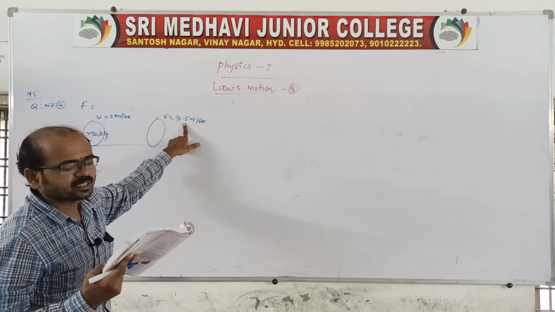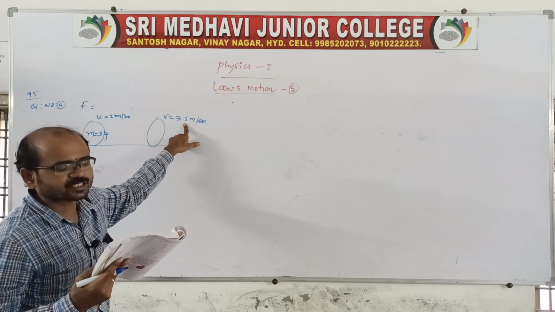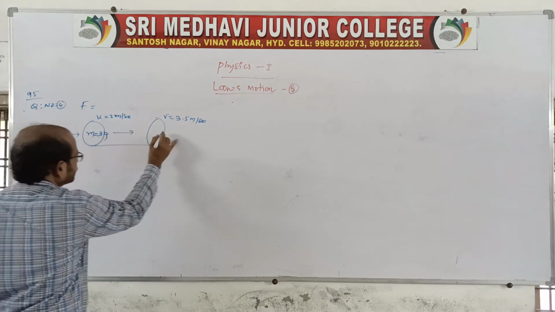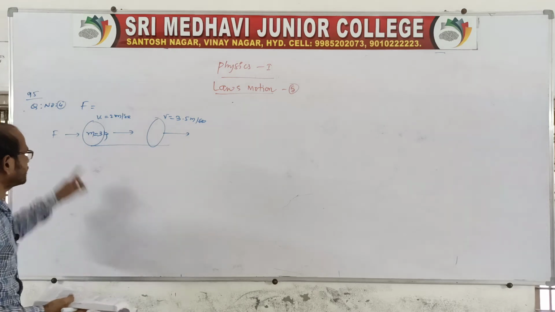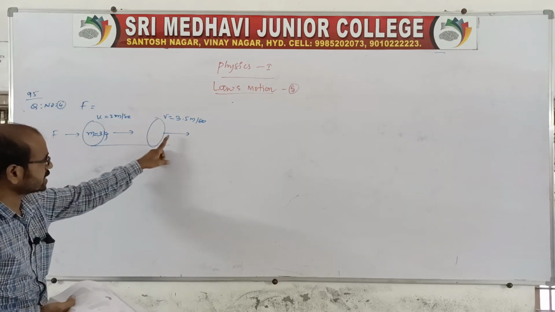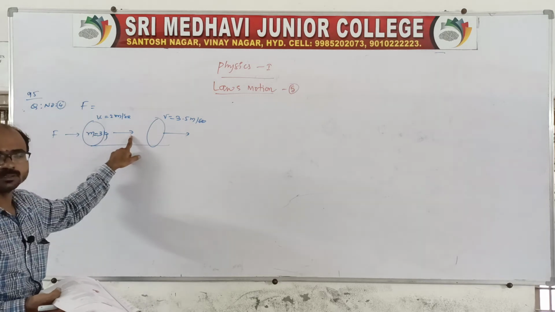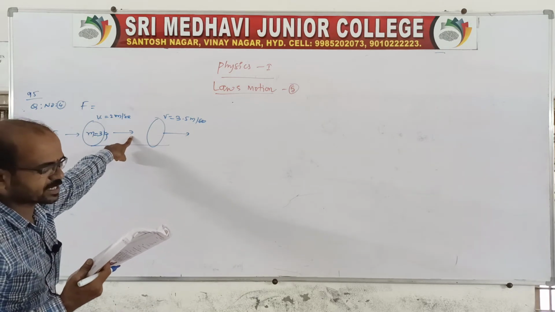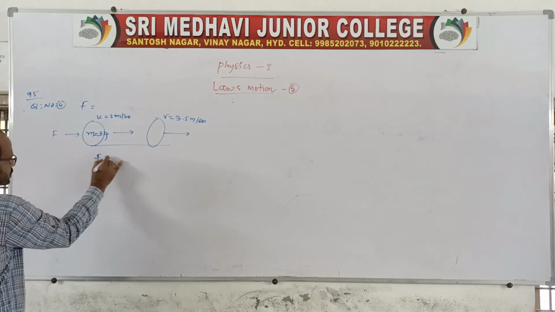Coming to the point, the direction of motion of the body remains unchanged. So when a force is applied, the direction does not change. That is, the body is moving along the direction of the applied force only. What is the magnitude and direction of the force? It is asking for force. Very simple.